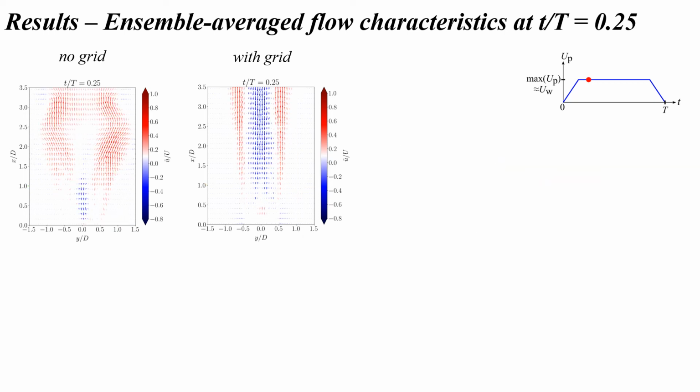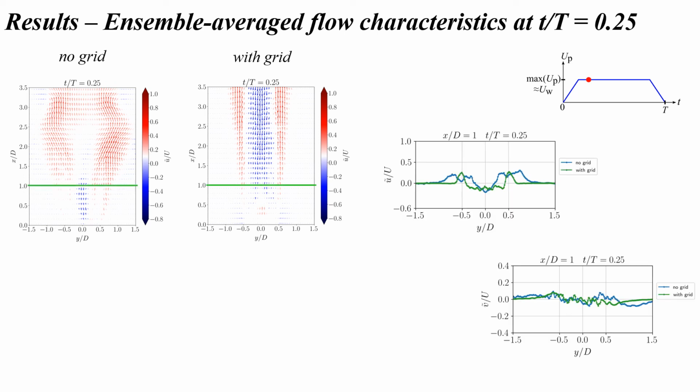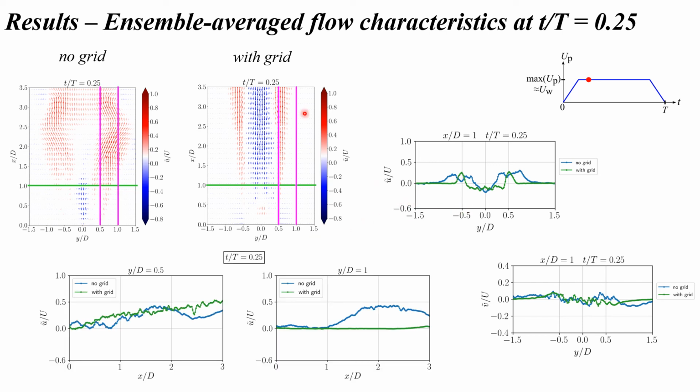It is only around the first quarter of the inhalation period that we see the development of the stagnation and reverse flow regions for the no-grid model, whereas for the model with the grid, the reverse flow now spans most of the central region. The axial and lateral velocities at x/d equal to 1 for both the models are similar. However, the axial velocities along the axial direction at y/d equal to 1 from the center line are higher for the no-grid model.